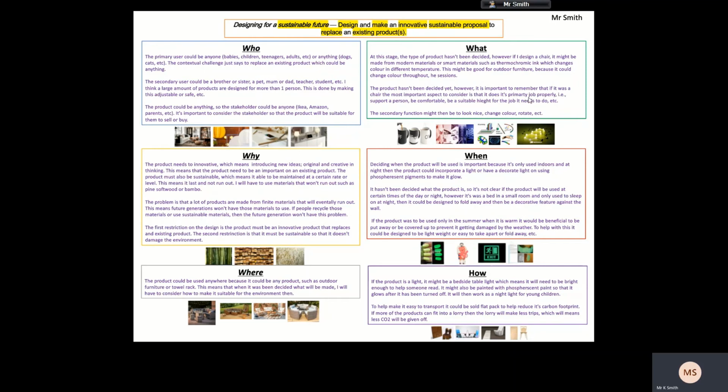The product, again, hasn't been decided. However, it's important to remember that if it was a chair, the most important aspect to consider is its primary job, i.e. supporting a person, be comfortable, be suitable head height, suitable height for the job it's needed to do, etc. The secondary function might be that it's got to look nice, change colour, rotate, etc. And then when will it be used? Deciding when the product will be used is important because